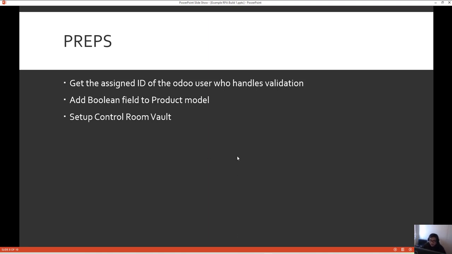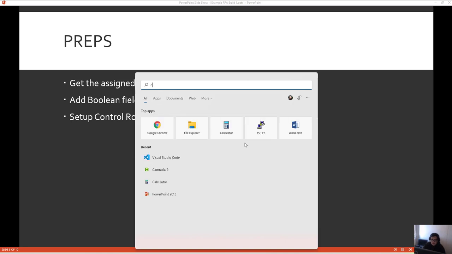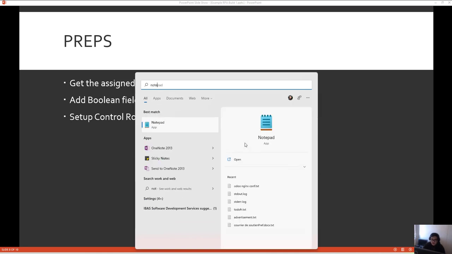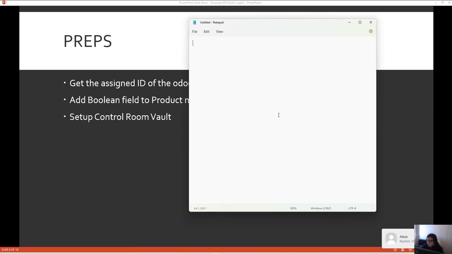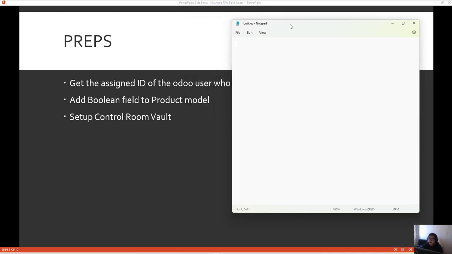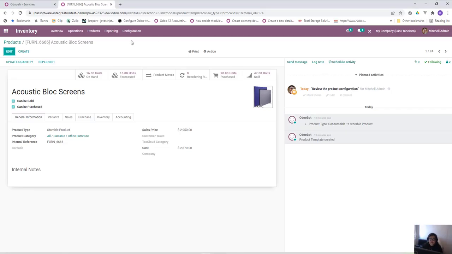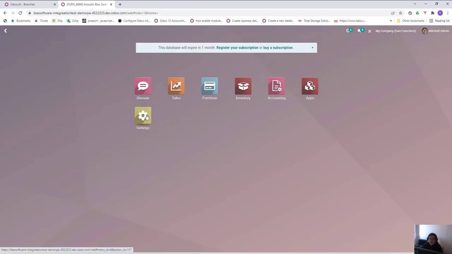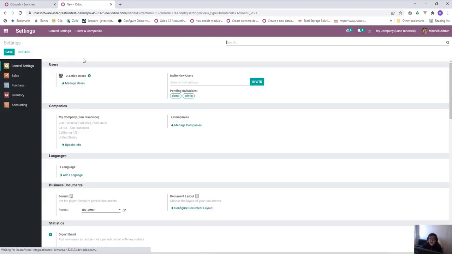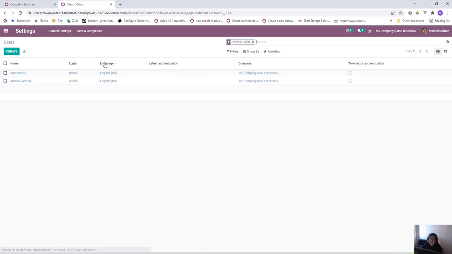So I'm going to open up a notepad for this, and we will go back to Odoo, and we will need to get the ID of the user that we're going to assign the activities to. So this time it's Mitchell admin,